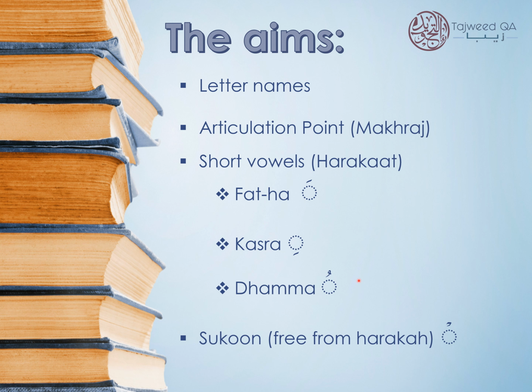So every letter in the Arabic alphabet will either have one of the short vowels on them or a sukoon on them. And a letter which is empty in the Quran is also in the state of sukoon. So the sukoon can be visible or it can be completely empty, i.e. it can be invisible, so it's still in the state of sukoon.